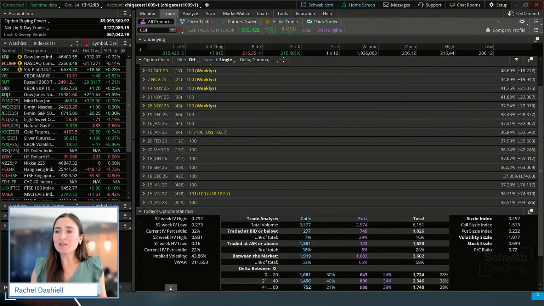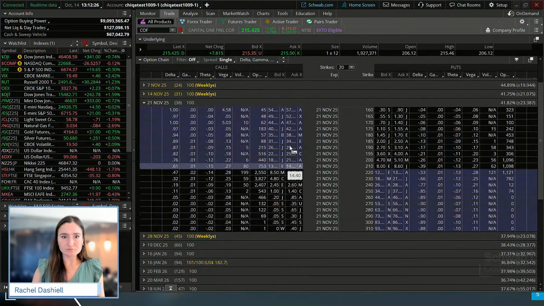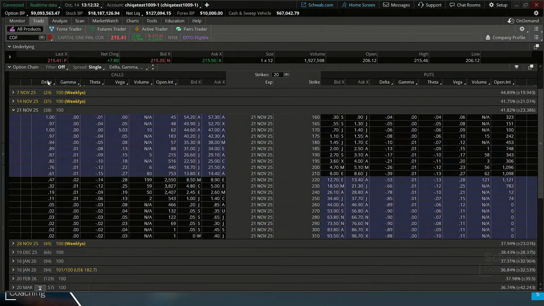So what I may be looking to do is give myself a little bit more time on this option, just so it's not as sensitive to changes in implied volatility. And I'll show you what I mean here. So if I looked about a month out from expiration, let's just say I looked at the 21st of November with 38 days left till expiration, I can see, and I'm going to collapse this sidebar here so we can actually see these column sets at the top, I have the Greeks, I have volume and open interest, because those are some things that we're going to look at here. But you can see the at the money option for a little over a month out